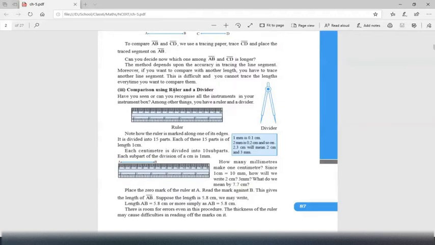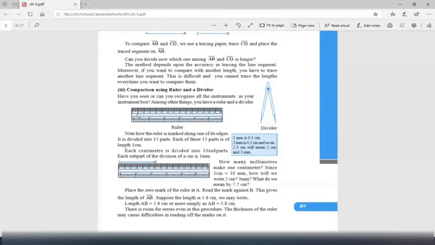So, comparison using a ruler and a divider. It means you need a scale and a divider. The divider is a tool that is in your instrument box. You can measure the line using the divider on your book and place it on the scale to get the measurement. It is different from the first one. In the first one, you just kept the scale on the line to measure. Now it is saying use the divider and put it on the line, so you can have the same width and then bring this divider on the ruler to get the measure.